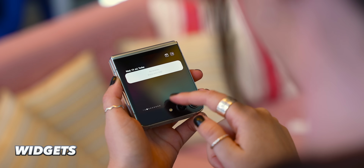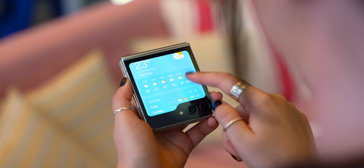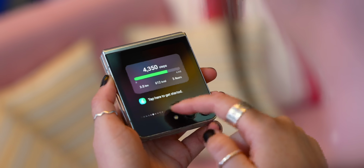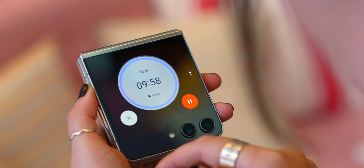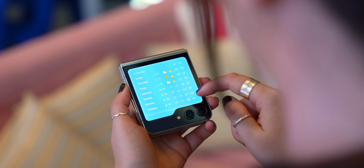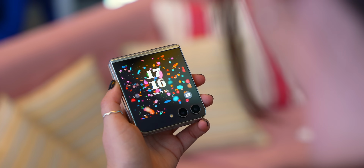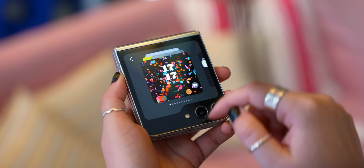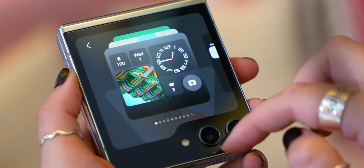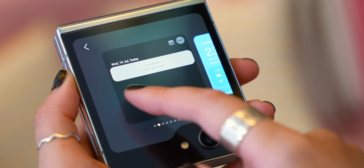So widgets now show a lot more info instead of small snapshots, and they are so much more convenient to use with this larger screen. So setting a timer or recording a voice note takes seconds, and you will also be able to download and use third-party widgets. I also love that you can change and customize the cover screen with animated wallpapers. At first there are a couple different ones to choose from, but if you open the phone, you will have